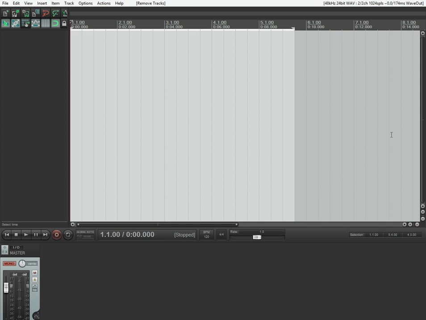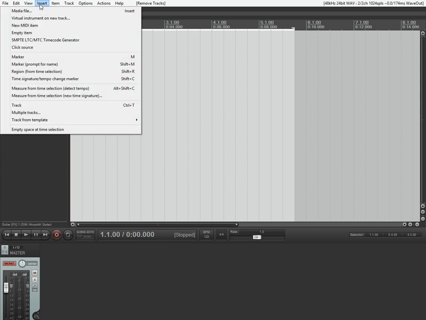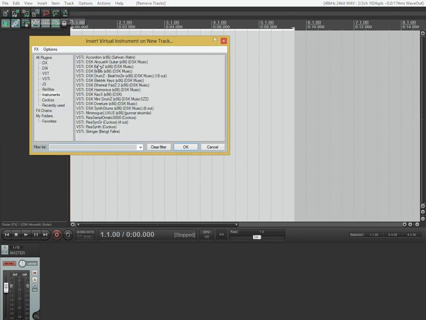Now what you want to do is go up into the Insert menu, and you will see Virtual instrument on new track, and I'll select that. Now you'll get a list of all the VSTs, which stand for Virtual Studio Technology plugins. These are all various inputs, and the ones I have selected here are the ones called instruments, which are going to be synthesized varieties